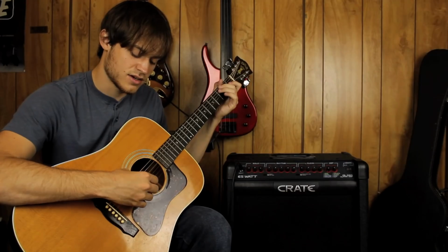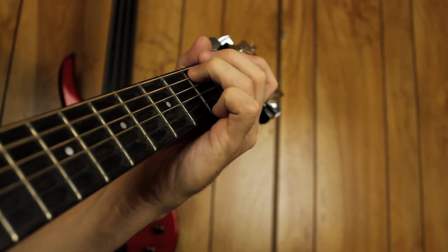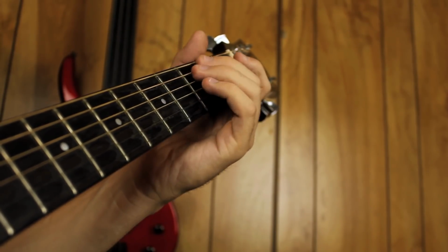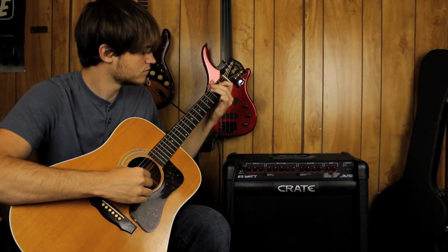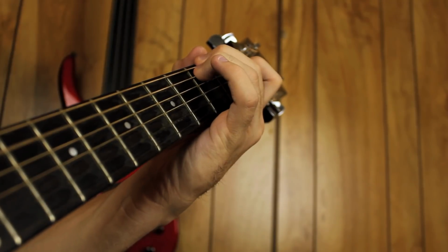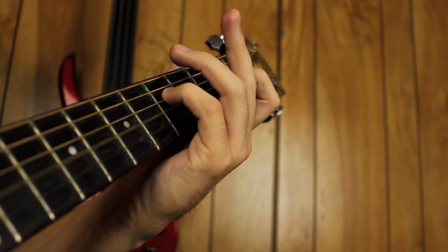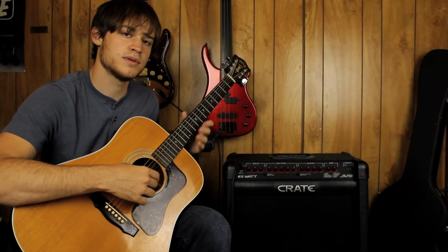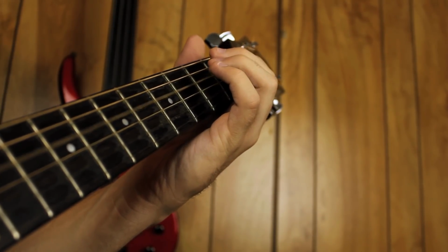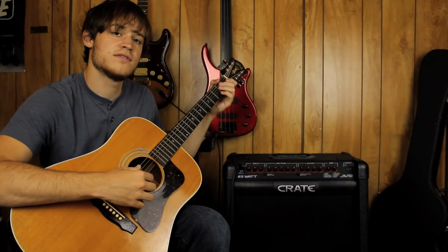For every other pluck, you're going to hit that B string with the ring finger again. So what the thumb is doing is, so there's a slide there at the end. And you're going to pluck the B string for every other one. And then for the last one, you're going to pluck the G and the B at the same time. So everything we have so far is